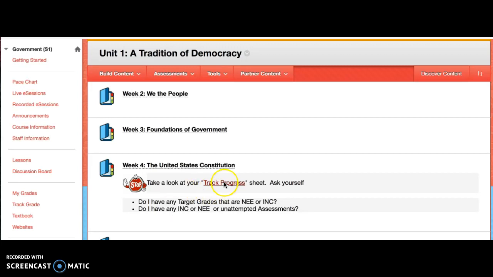I do have a track my grade sheet which can help you start getting an idea of where you're at for each of the learning targets. However, many of the targets don't even have assignments yet, and for most of the targets, if there has been an assignment, there's only been one. So right now it's a little too early to start determining trends for your target grades, but I highly recommend using that sheet and keeping track of what grades you're getting on each assignment so that you can start to see a trend in your grades per target.